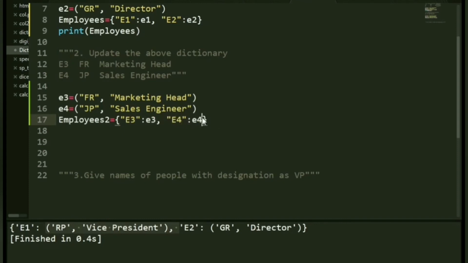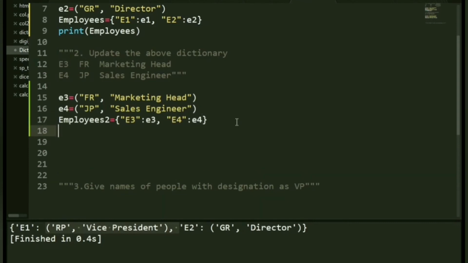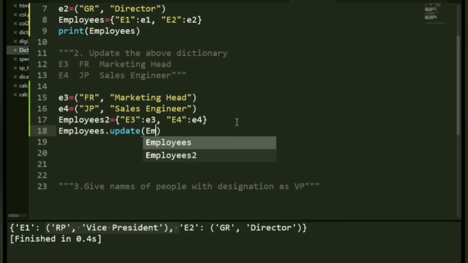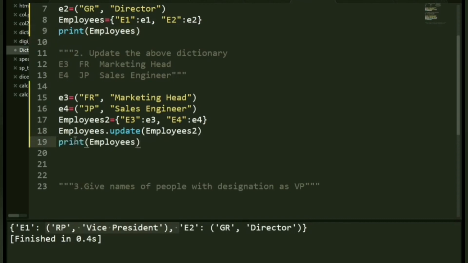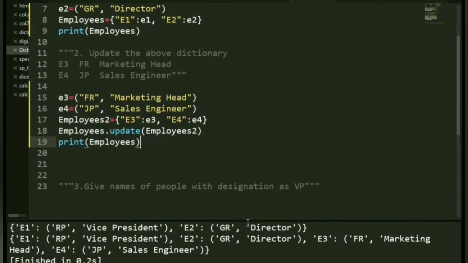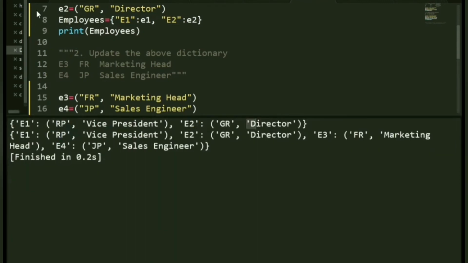And now I'll use the update method, that is employees dot update, and inside that I shall pass employees 2. It's as simple as that. Now let me just print employees. Okay, you can see the previous employee. The first print method gives you the unupdated dictionary, and in the second one you get the updated one.